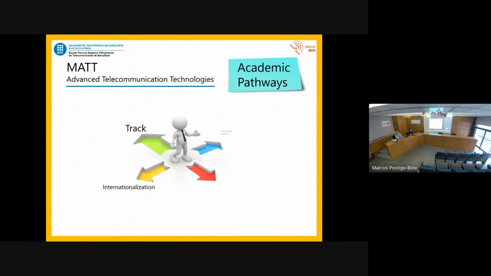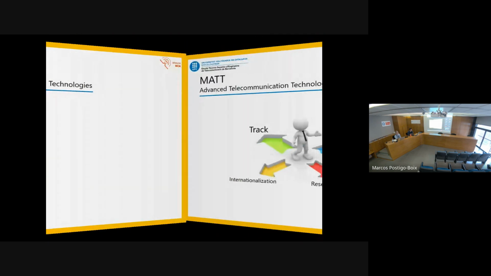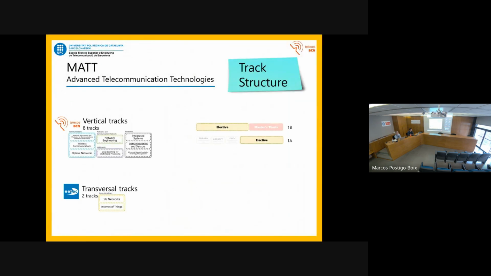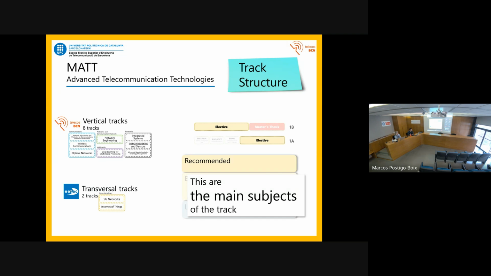The academic pathways that you can follow are the ones that I have presented already. And basically the tracks that you can follow, no track. You have this option of following no track. And if you follow a track, the tracks have a particular structure. It's simply a way of ordering the different subjects of the different tracks. These subjects are all of them elective, and they are classified as recommended, elective, and leveling subjects. The recommended are the